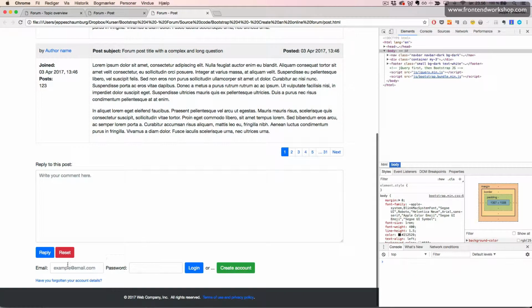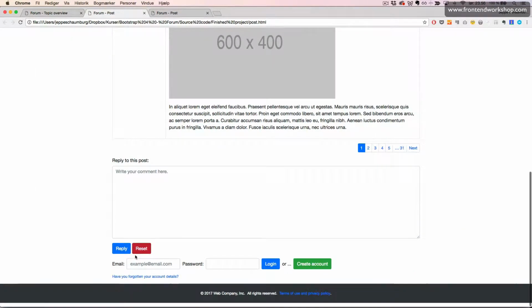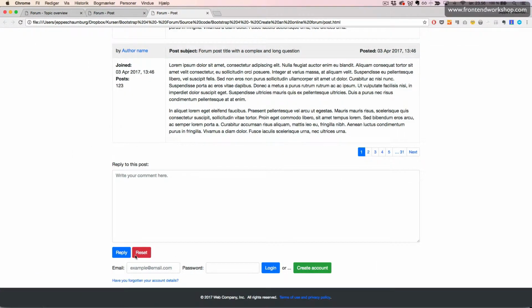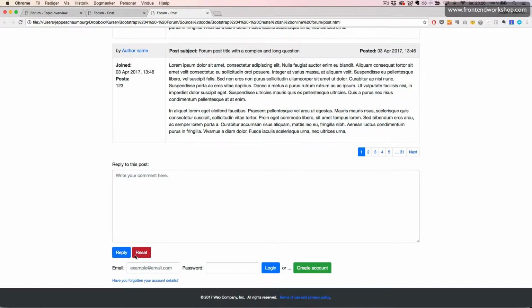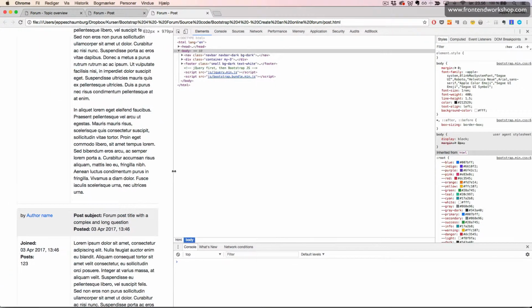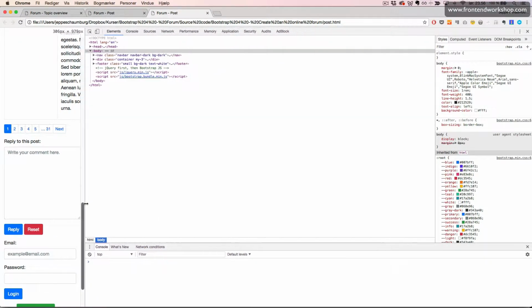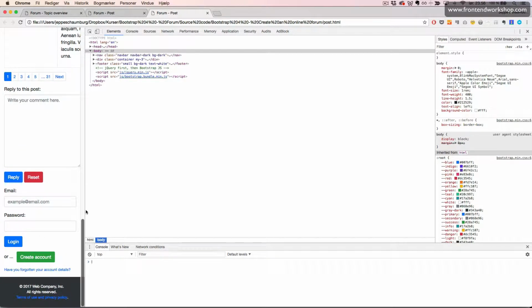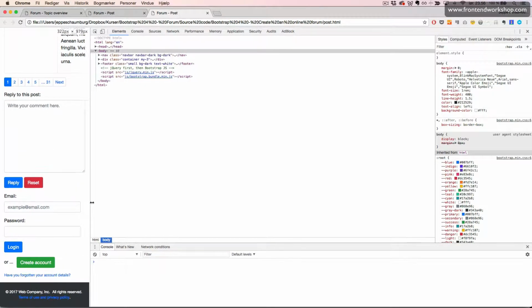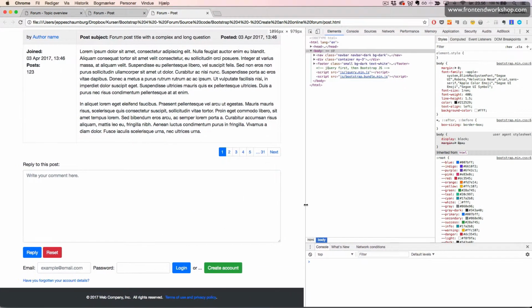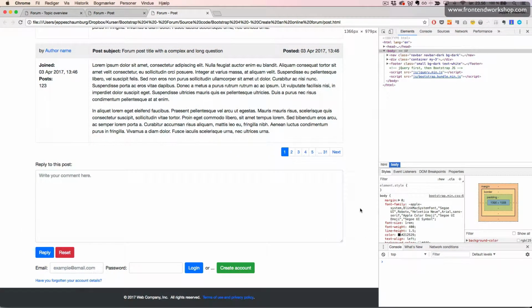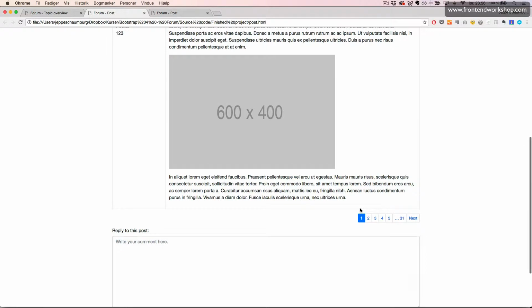We now see that we have this inline form in the bottom. If we compare it to the finished version, this is the finished version and this is our version. We see that it looks the same in the bottom. On a smartphone, it will stack vertically, and then the alignment will adjust when we increase the width of the browser window. One thing that we forgot to create is an example of how to use an image in a